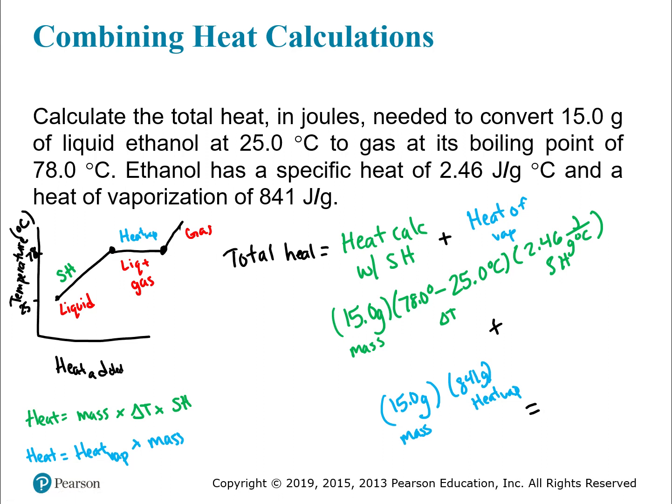When you do that, what you need to do is do the calculation for specific heat, get a number for that, and then you get a number for the heat of vaporization calculation, and you add those together. That's the number that you should get,